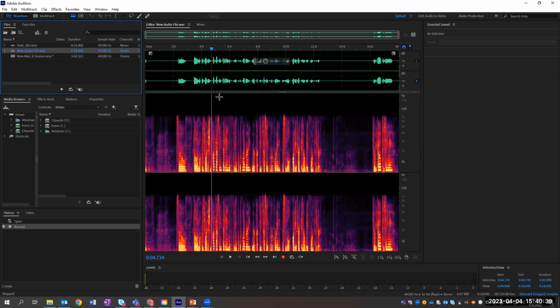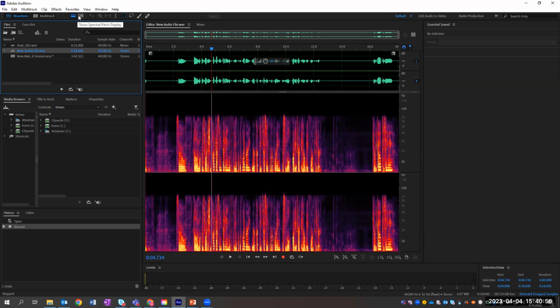Okay, so noise reduction. The adaptive noise reduction tool is used for cleaning up sound recordings by reducing and removing background sounds. So with this audio waveform file open, we are going to click that spectral frequency display icon,